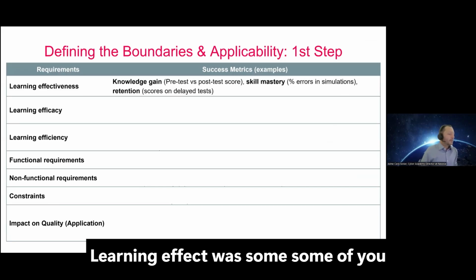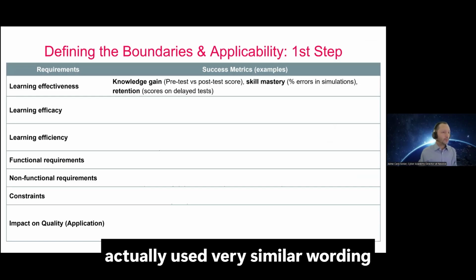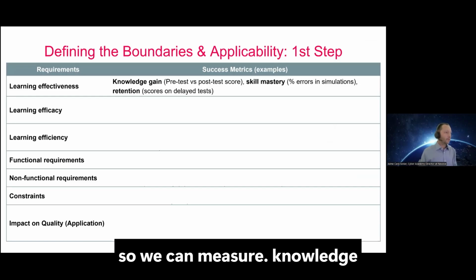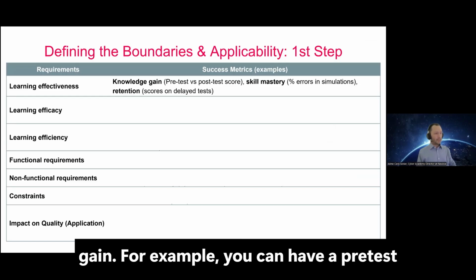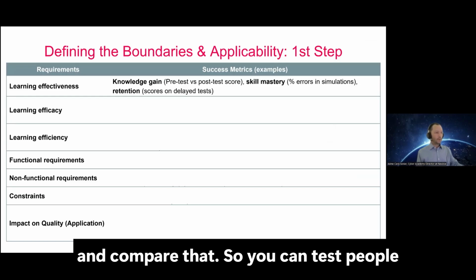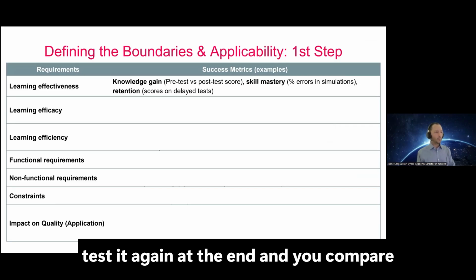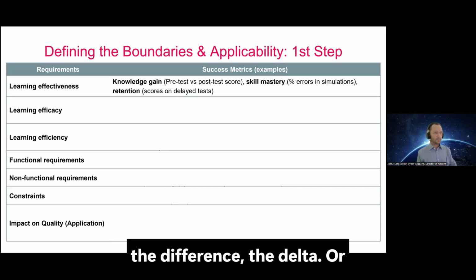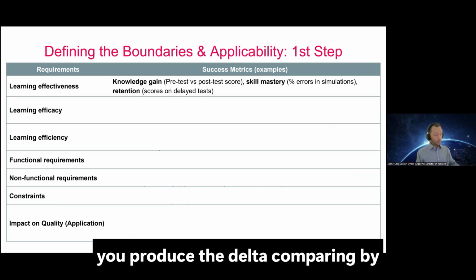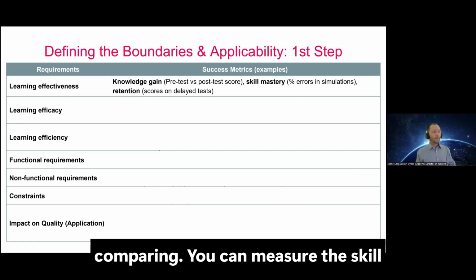Learning effectiveness. Some of you actually used very similar wording, so you can measure knowledge gain. For example, you can have a pre-test and compare. So you can test people before they start the course, and then you test them again at the end, and you compare the difference, the delta, or you produce the delta by comparing. You can measure the skill